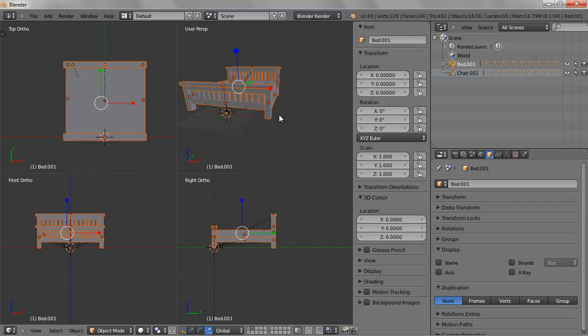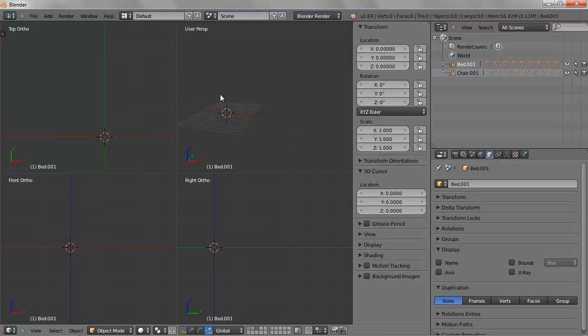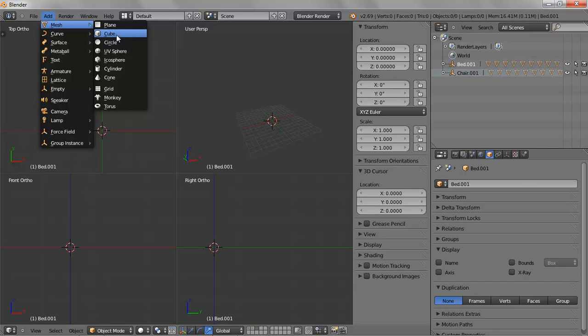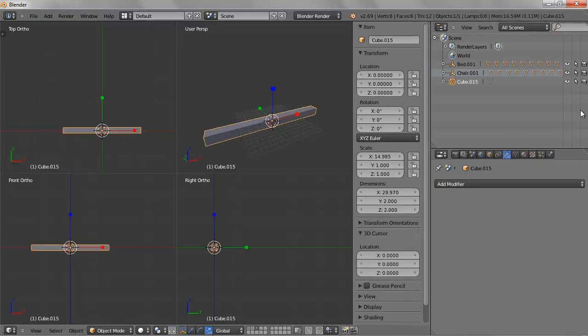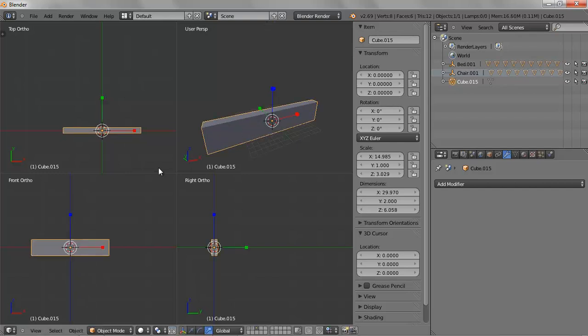Okay, the final thing I want to show you is how to do a curve, because you'll see a lot of this furniture has curves as well. So let's go to another layer, and what I'm going to do is just create a box. So I'm going to add mesh box, and I'm going to scale it on the x-axis pretty big, and scale it maybe a little bit on the y axis as well. So let's